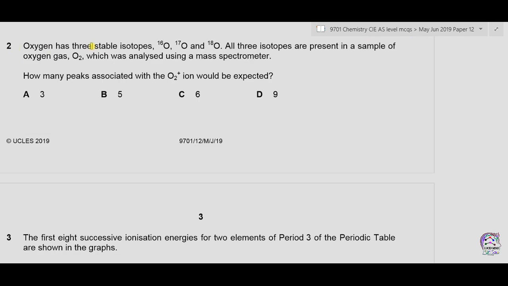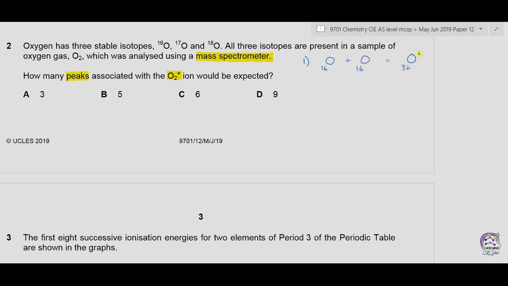Question number 2. Oxygen has 3 stable isotopes, oxygen 16, 17 and 18. All 3 isotopes are present in a sample of oxygen gas, which was analyzed using a mass spectrometer. How many peaks associated with the O2 positive ion would be expected? Now there are 3 different isotopes of oxygen, so they can react with each other in number of ways to form O2 positive ion. The first possibility is that oxygen 16 combines with another oxygen 16 isotope to form